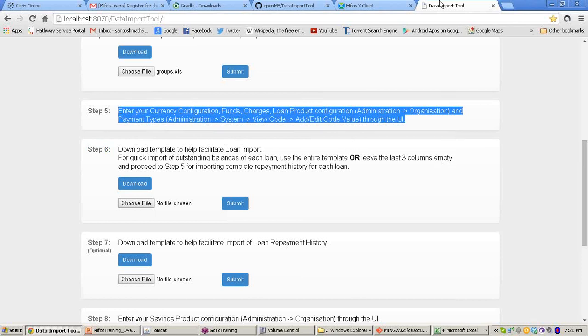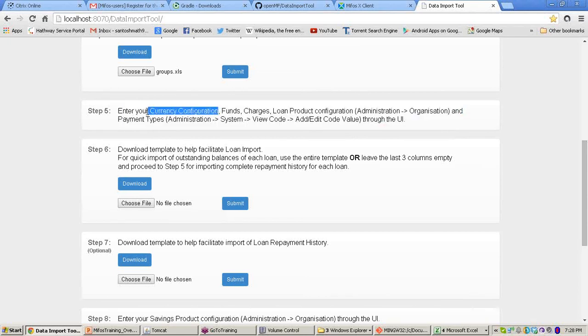First you have to check whether you have configured the currency or not. Similarly you have defined funds, charges, loan product configuration, and payment types.